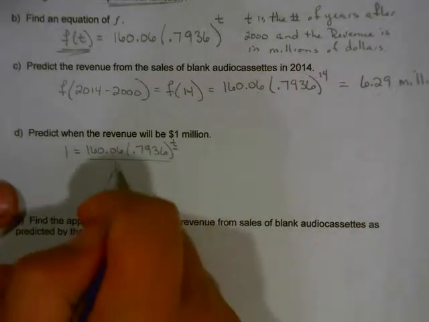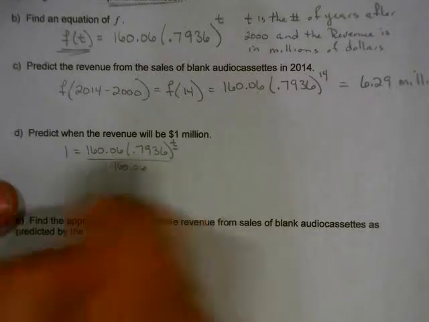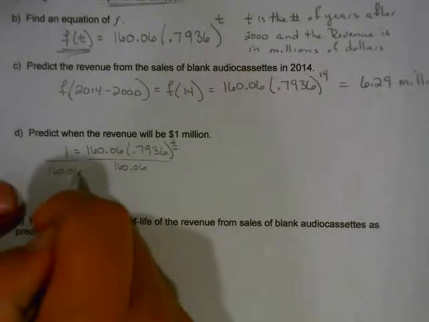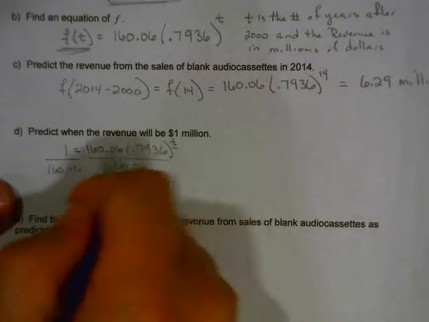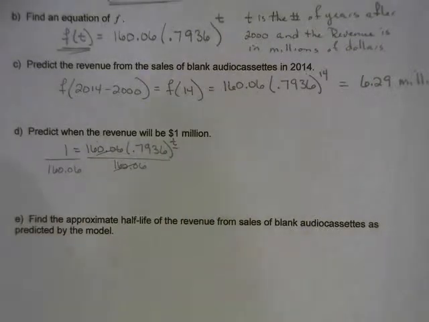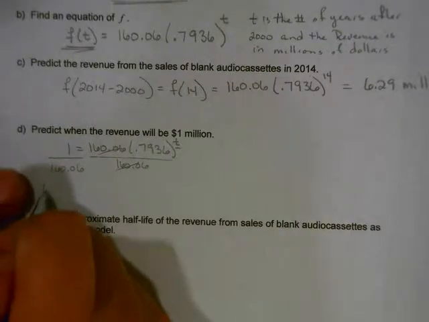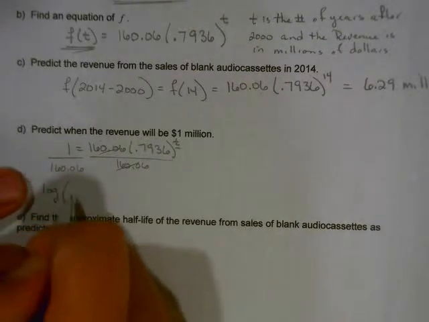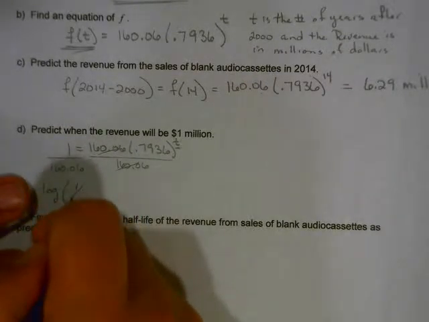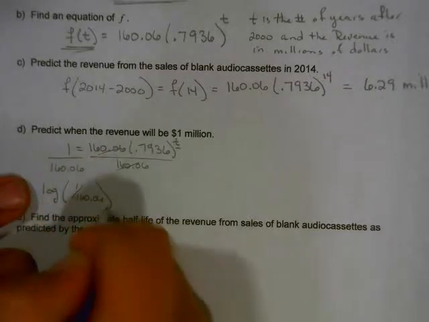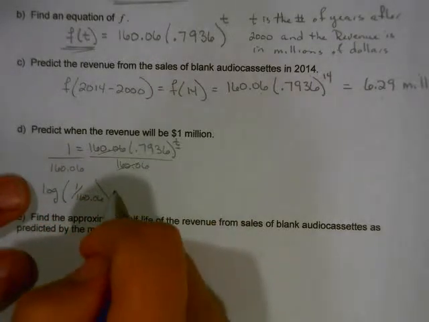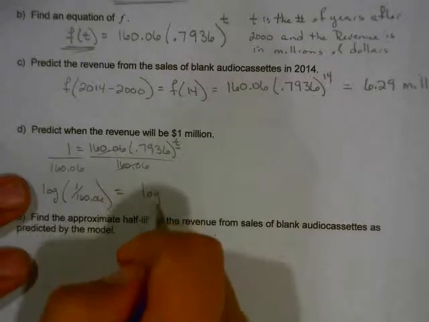Divide by 160.06, and then I have my power, so I'm going to take the log of both sides. So it's the log of that 1 divided by 160.06. I'm not going to calculate that yet, but that equals the log of